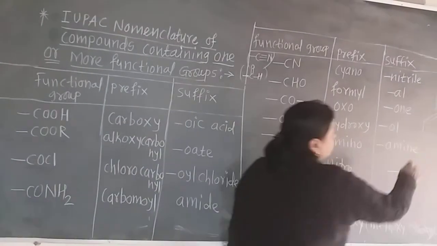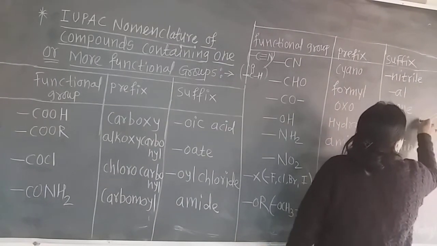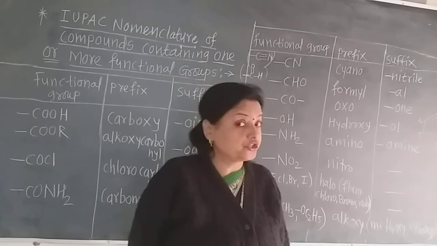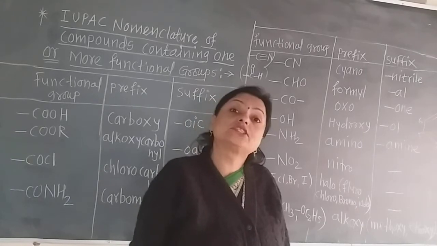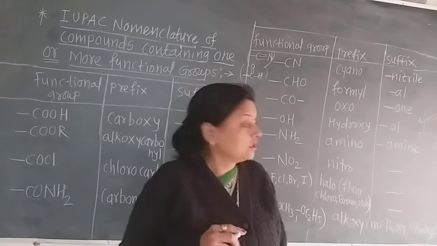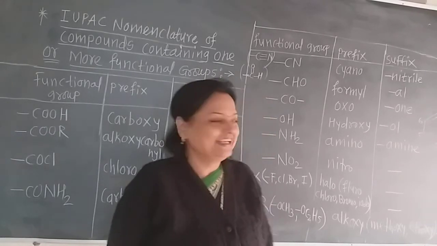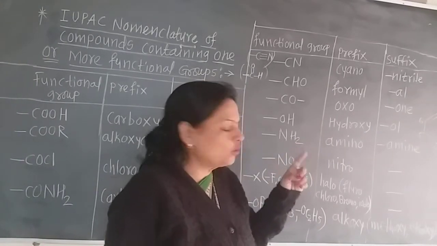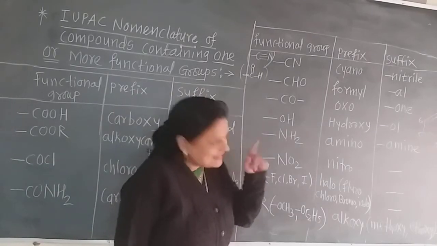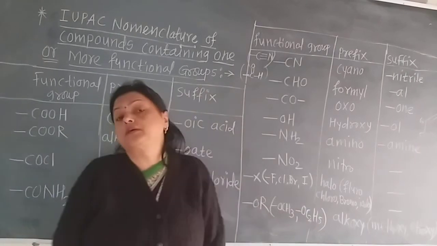Now if we give the numbering from this side, 1 is the carboxylic acid. Remember that the numbering is always done from the carboxylic acid group or ester group, because those are always taken as the suffix, and the aldehyde or ketone group then becomes the prefix. Now this is 3-formyl benzoic acid, the name of that, because the formyl group, that is the aldehyde group, becomes the prefix, and acid becomes the suffix. Remember that. If there is an ester group, then that also becomes the suffix.